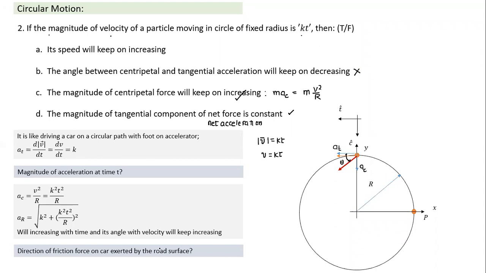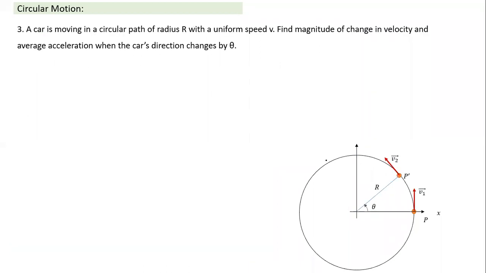Direction of friction force on the car: again the same question, when the car is moving here, in which direction is the friction force acting? The friction force only is keeping it moving in a circular path. If friction was not there, it could not. Now friction is doing two parts. It provides the tangential force for the car to accelerate, and the centripetal force for the car to change direction. Centripetal force provides the force needed for change in direction. Tangential force provides the force for change in speed, which could be to increase or decrease.